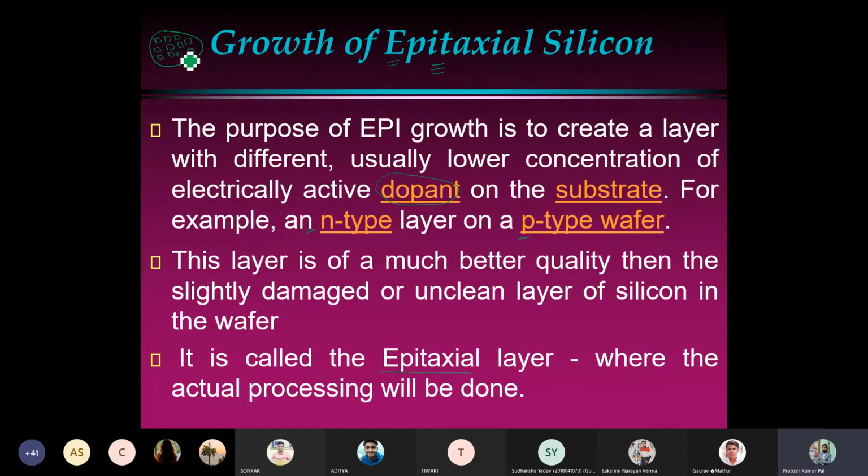So suppose this is the first epitaxial growth. That growth should be much cleaner and of much better quality, because all the other further fabrication steps will be performed only on this area of the complete wafer. So this should be very accurate and should not have any defect or any impurity. It should be of high quality. This can be obtained by using epitaxial growth. So we will be doing epitaxial growth onto the wafer so that we can assign a particular area.